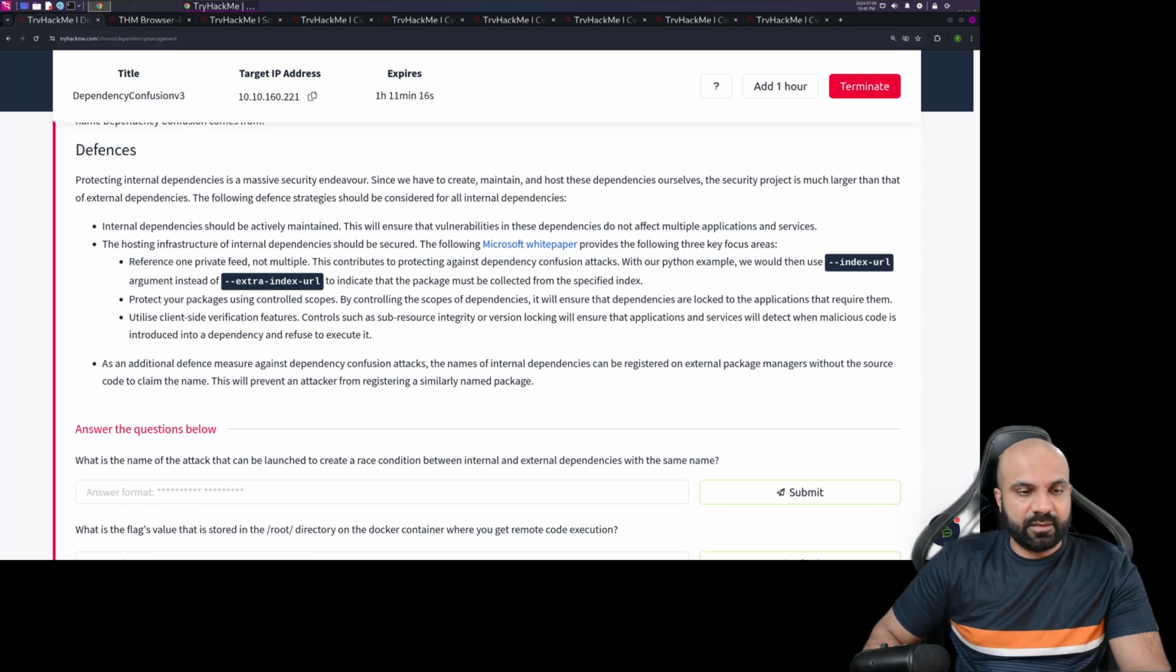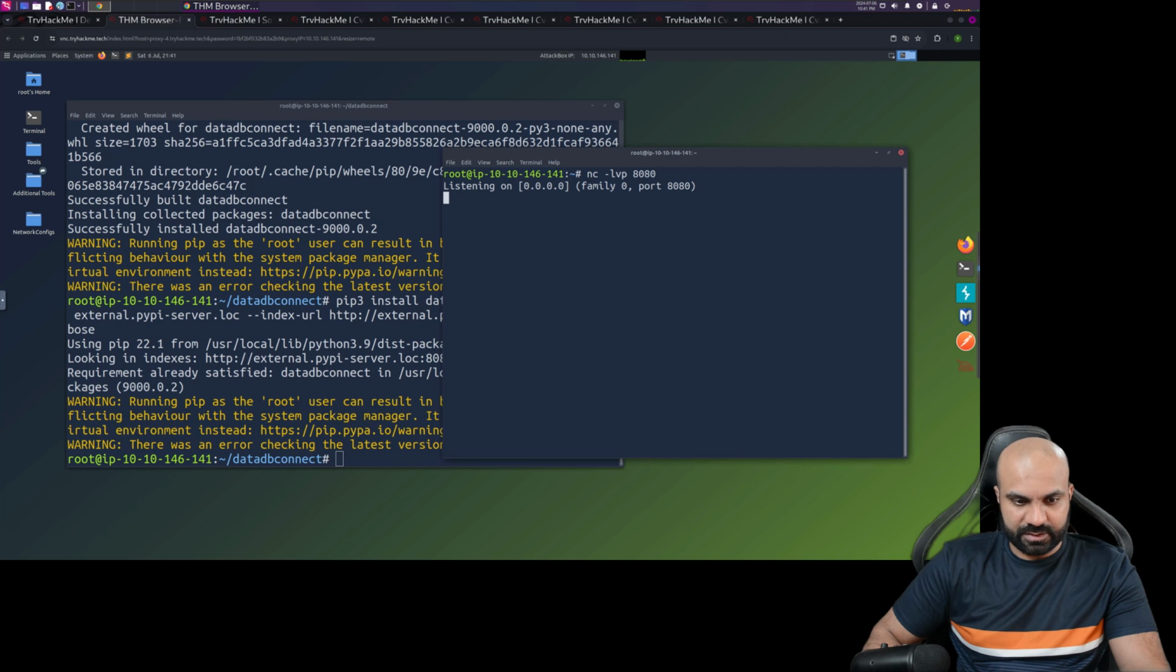Protecting internal dependencies is a massive security endeavor since we have to create, maintain, and host these dependencies ourselves. The security project is much larger than that of external dependencies. The following defense strategies should be considered for all internal dependencies. Sure, we'll see that, but let's see